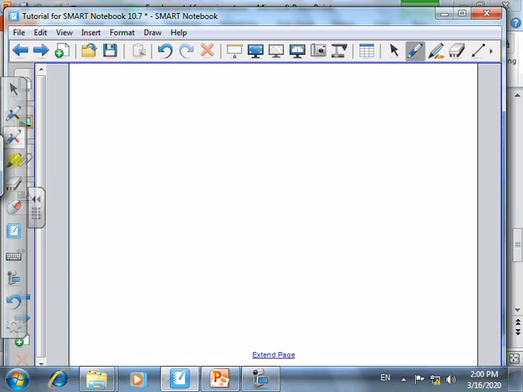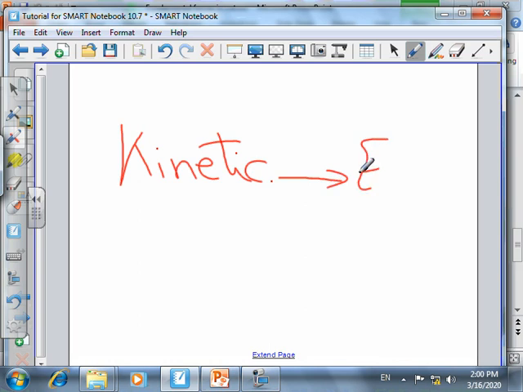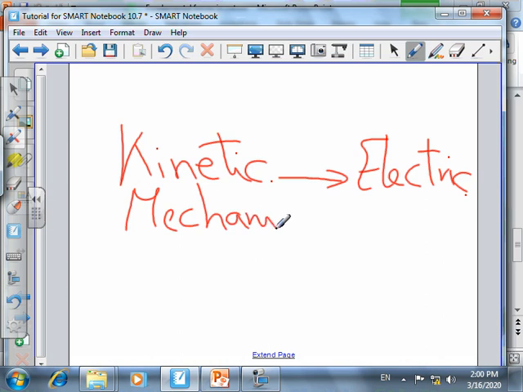Compared to the electromagnet, we have, on the contrary, the dynamo. The dynamo changes kinetic energy into electric energy. The dynamo changes from kinetic or mechanical, they have the same meaning, into electric energy. The dynamo is what produces electric energy. That's the second type of device.